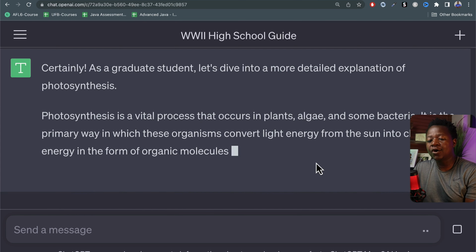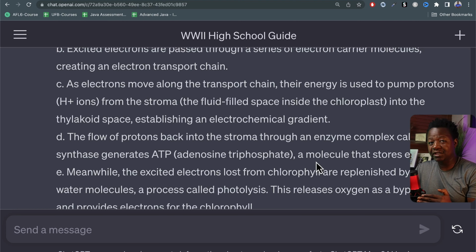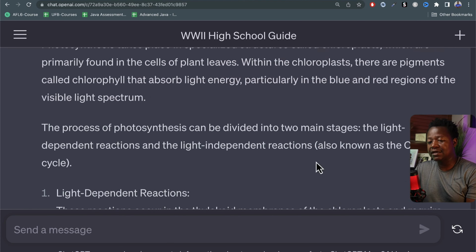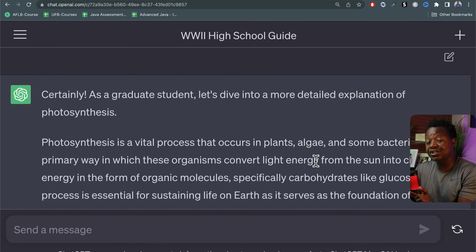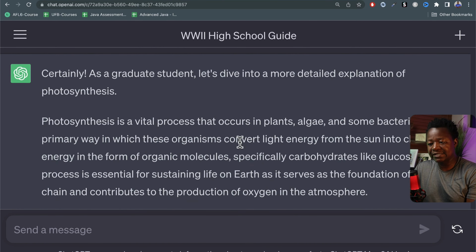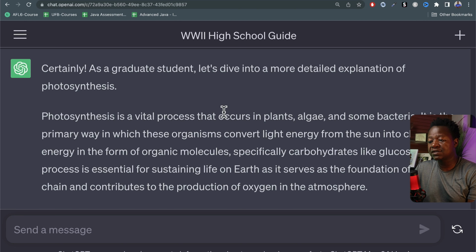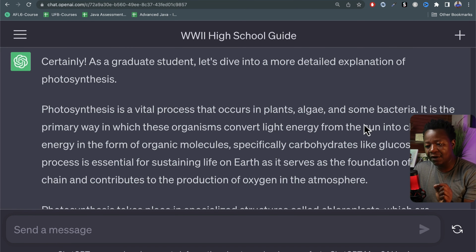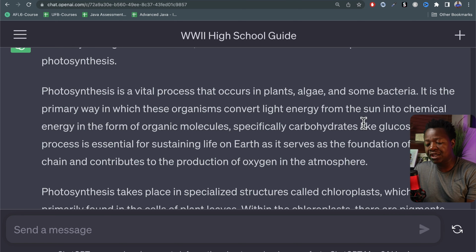Okay, there we go. So you will expect that the explanation is going to be a little bit more complex because we are a grad student, or we ask ChatGPT to act, or in this case, to imagine that we are a grad student. "Certainly, as a graduate student, let's dive into a more detailed explanation of photosynthesis. Photosynthesis is a vital process that occurs in plants, algae, and some bacteria. It is the primary way in which these organisms convert light energy from the sun into chemical energy in the